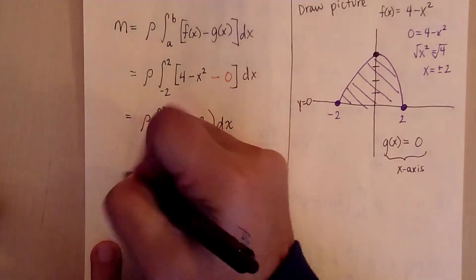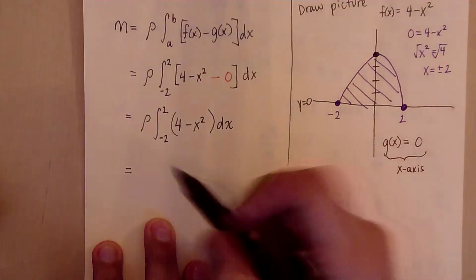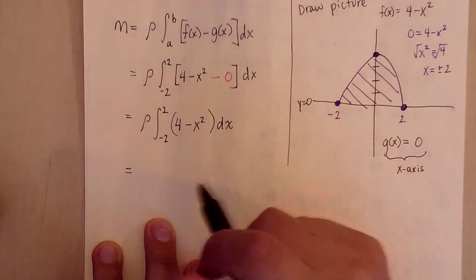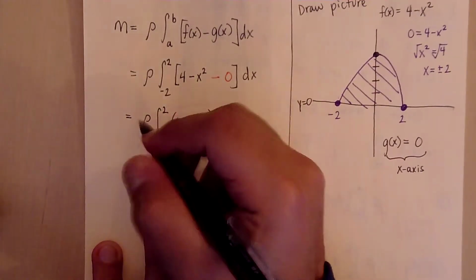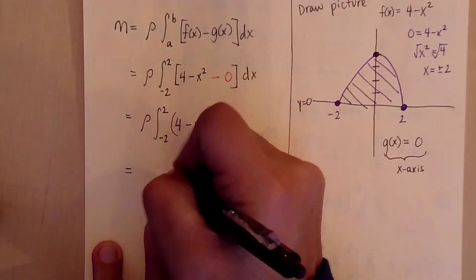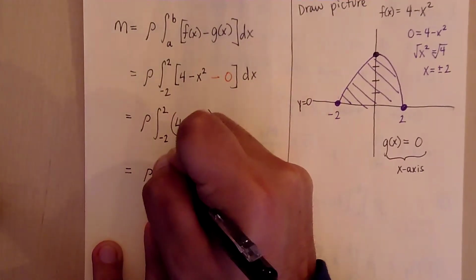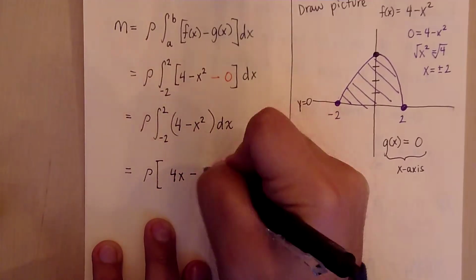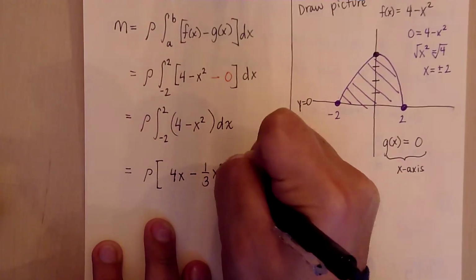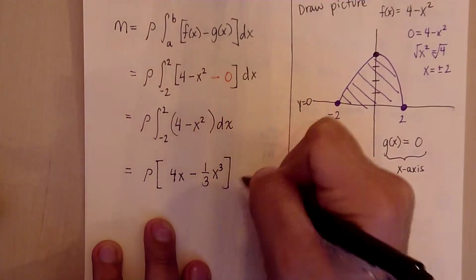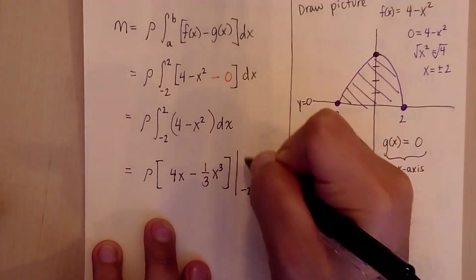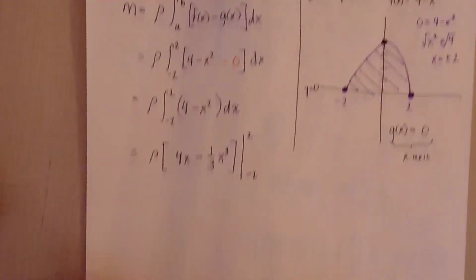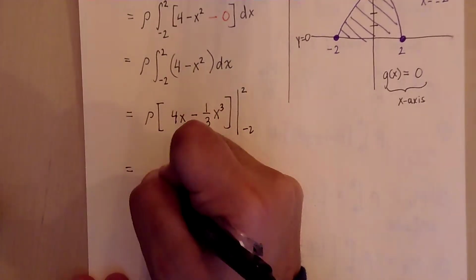So we'll multiply that into our problem a little bit later once we've taken care of this definite integral. But this is just going to be rho times 4x minus 1/3 x to the third, and then we'll integrate that from -2 to 2. Okay. So that's going to be rho